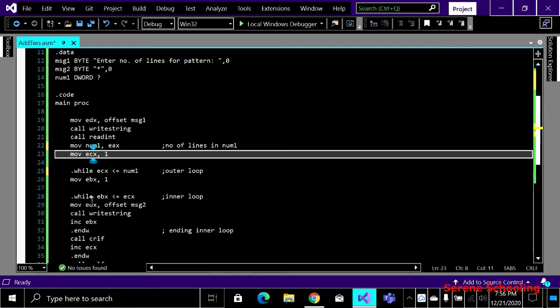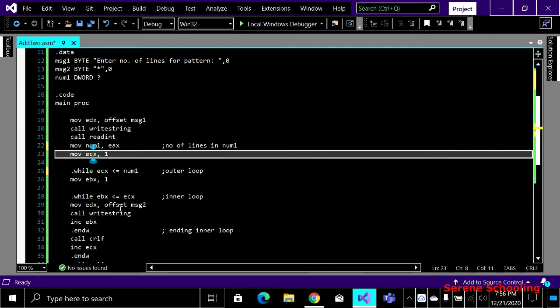It is saying that my number of columns must be less than or equal to the row number. Exactly, we cannot have any column greater than the row number. If I am on the second row, then I cannot reach the fifth column, right? On the second row I must have only two columns. So this is controlling that thing, okay?